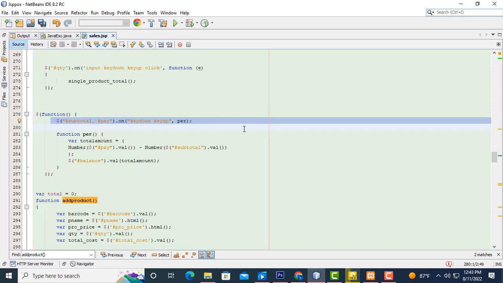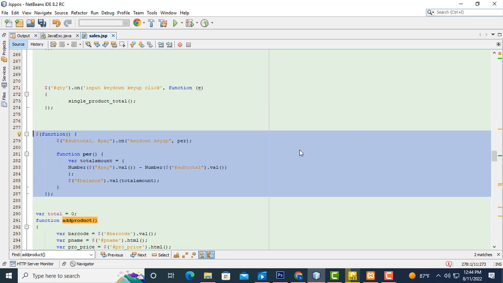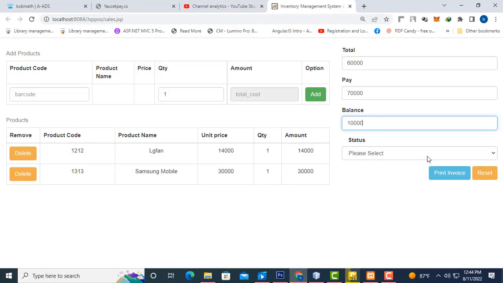You have to do the task like this. You write the function to calculate the values and get the balance over here. It's a very simple function to calculate the values. These are the functions we have to use to calculate the values. Very simple, that's how we did it. If you have selected cash and click print invoice,